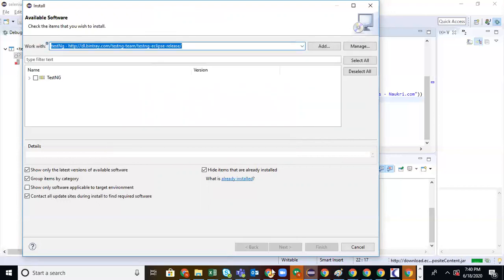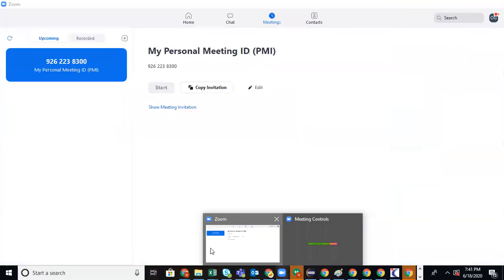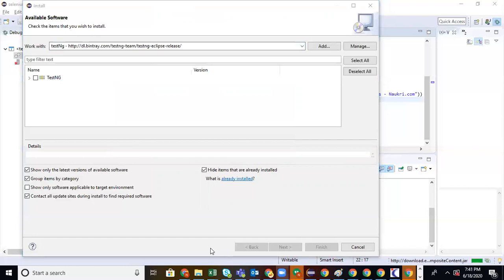Yeah, this is working. Let me ping it in the chat now. So please do it now. You should be able to see TestNG with the checkbox. Let me know once you are able to see this. I'm stopping the sharing and waiting for your response.